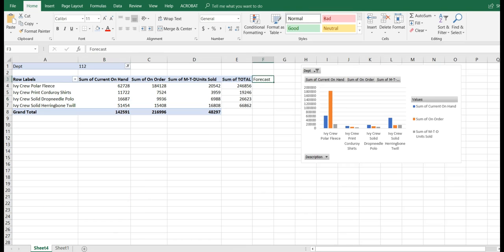Since question number 2 is looking at a forecast of how many units and how many months we have available, we're going to create a new label here and call it forecast. And I'm going to make it look like all of my other labels. We have already done the sum for all of our inventory on hand and our on orders. In order to determine the forecast of how many months of merchandise we will have available if all deliveries arrive